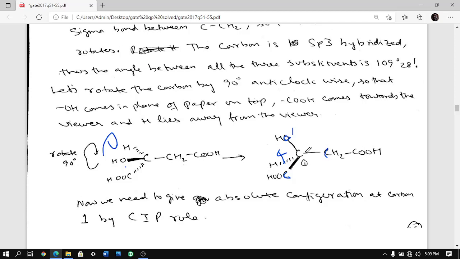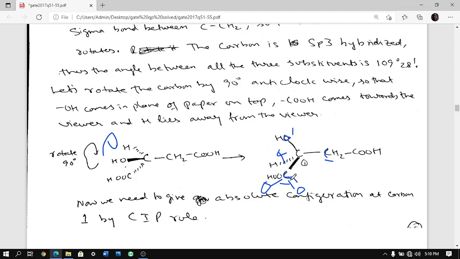Now the problem is between these two. Here there is carbon, here there is carbon, but this carbon is attached to oxygen, it is COOH, so it is C double bond O and OH, correct, and another O. So it is attached to basically three oxygen atoms. Double bond is considered as two bonds, so it is considered as attached to two oxygen atoms. So three oxygen atoms, whereas this one is attached to one carbon and two hydrogens.